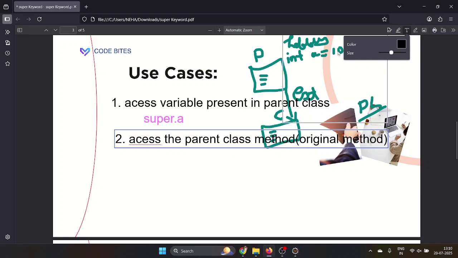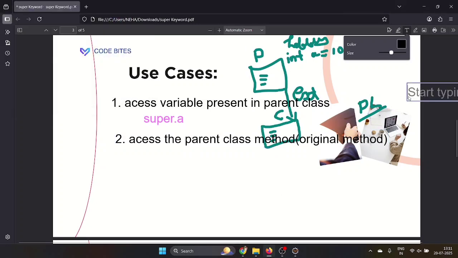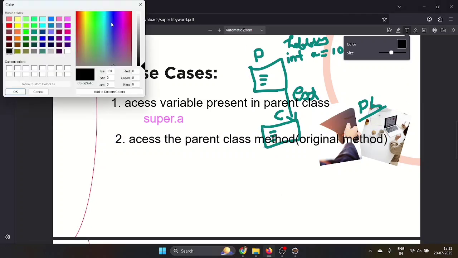Let's take you are having one method in the parent class. You are using the concept of inheritance and you are changing the body of that one. Means the hobby method is there, right? You are changing the body of that one, means you are overriding that one. And after overriding that one, if you want to access the original method that is present in the parent class, you are making use of the super keyword. I think you understand the second case.